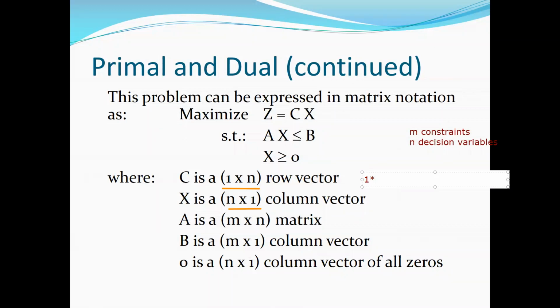if you have a 1 cross n matrix, it can only be multiplied by an n cross something matrix. When I say 1 cross n, the first quantity, 1, is the number of rows, and n is the number of columns. The quantity that appears first is the number of rows, and the quantity that appears second is